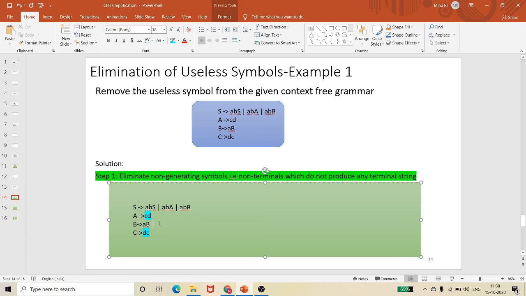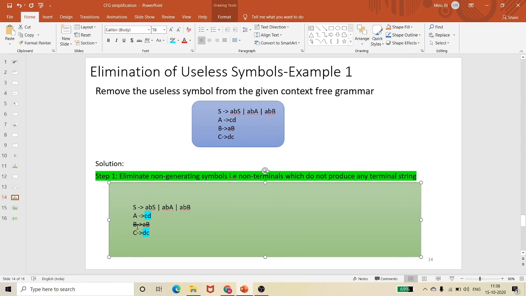So for example, if I am having some substitution, B gives AB, again for B if I need to substitute something, it will again be AB only. So A, B, and it goes on. So even in an infinite way you can't find the value of B. Am I right? That means that it doesn't generate any terminal. It is a non-generative grammar. So B is not a generative grammar, so we can eliminate capital B.